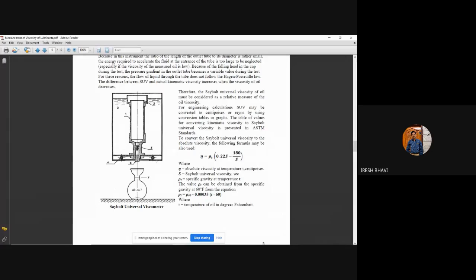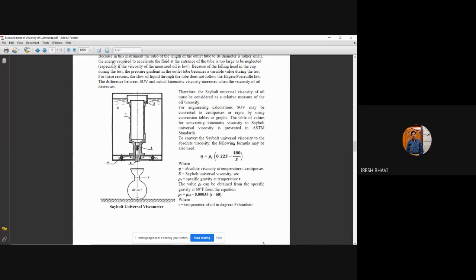In a separate vessel, they will first heat the oil to the required temperature. Later, in order to maintain the temperature in this apparatus, they will use this heating coil. They will pour the lubricating oil in this cup. This is the cup. This is the water bath, which is used to maintain a uniform temperature in this cup. Outside, water will be there, and this water will be heated with the help of these coils, so that the proper temperature is maintained.